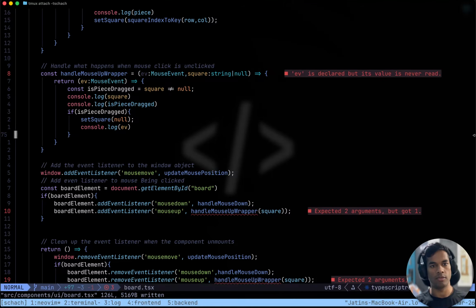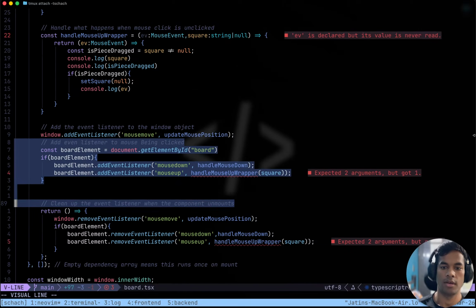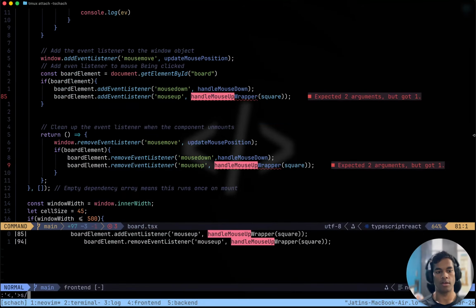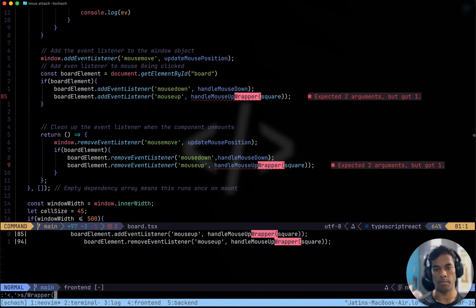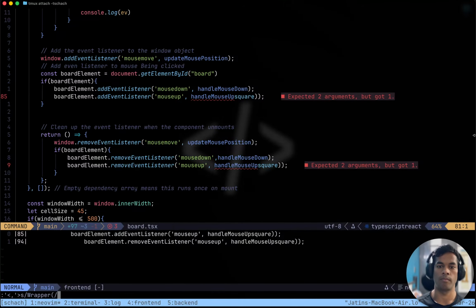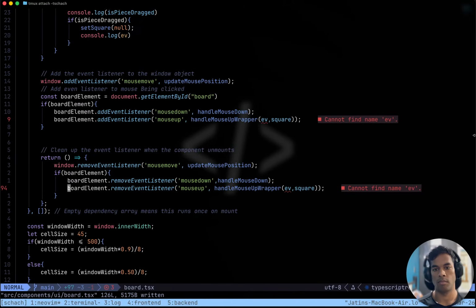And shit, I messed up with the name. Handle mouse wrapper. Okay, this also takes an ev, the event. Makes sense. Substitute wrapper this with wrapper ev dot. Ev does not exist.